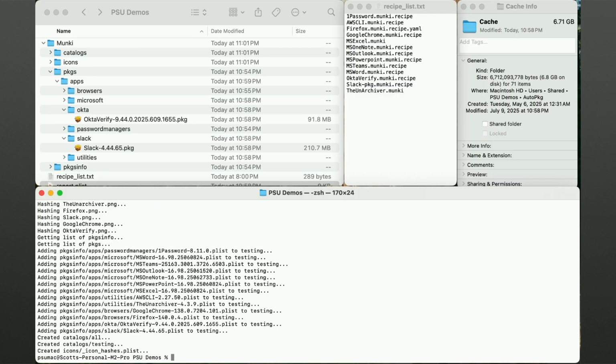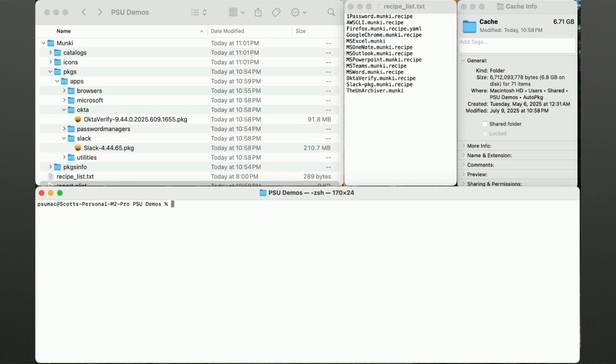All right. I'm sorry about all that. I messed up my transitions here. Some of those recipes need to unpack the package to check the version and some things like that. So, there are time savings that we can do. I lost the output here again, but 1Password for some reason just failed.